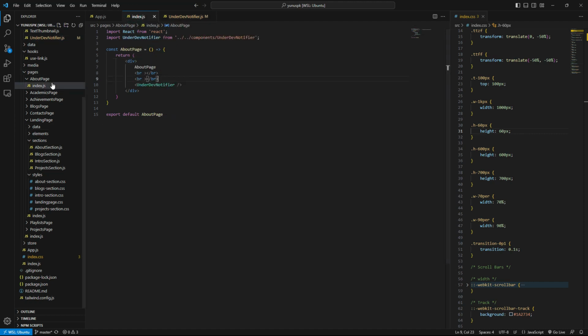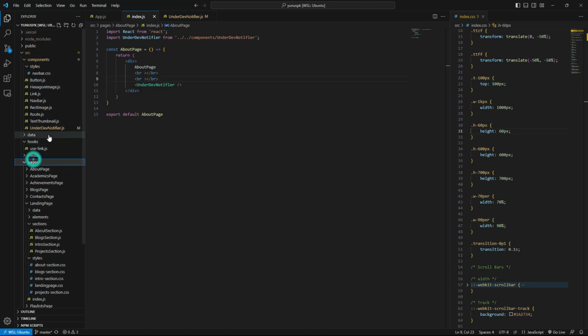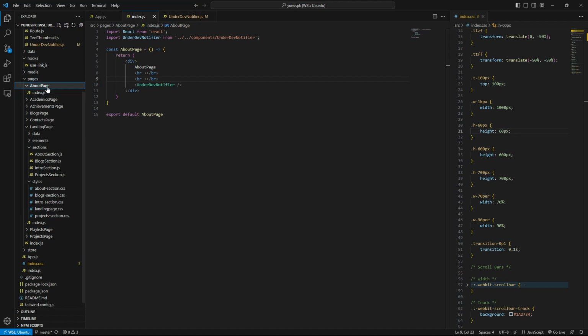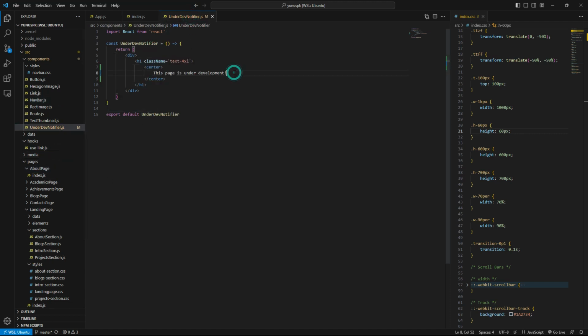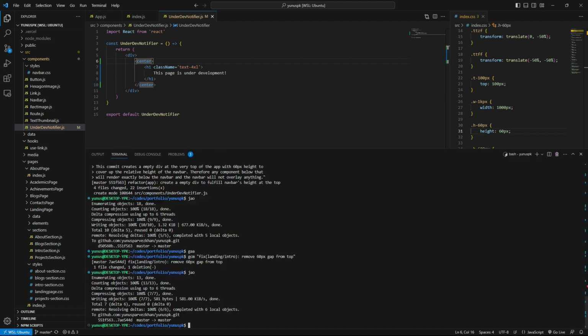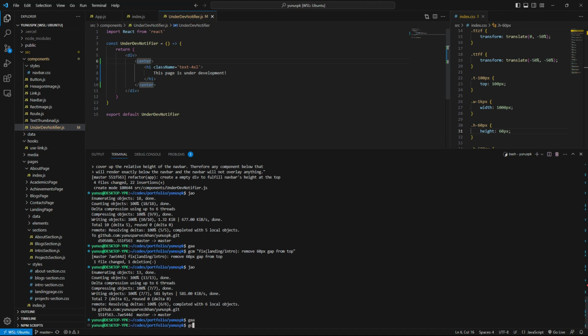Where is the about page? Here's the about page. We got the about and the pages. With the about page only the index.js. So we're gonna create another folder. Okay, before that, what I'm gonna do is I'm gonna commit another. Like we just added the center thing, right? Only that center thing. I'm gonna commit only that center thing, but I'm gonna write in the comment here that I accidentally pushed that before. All right, let's do that.